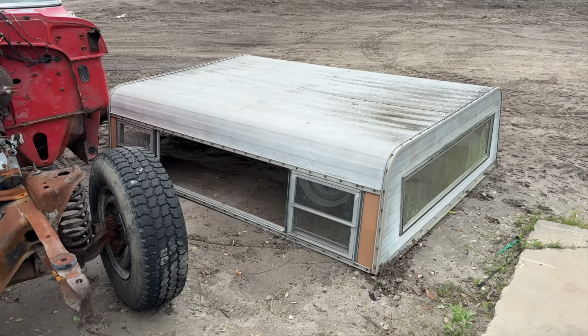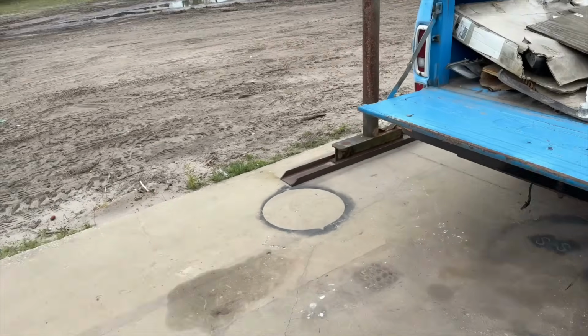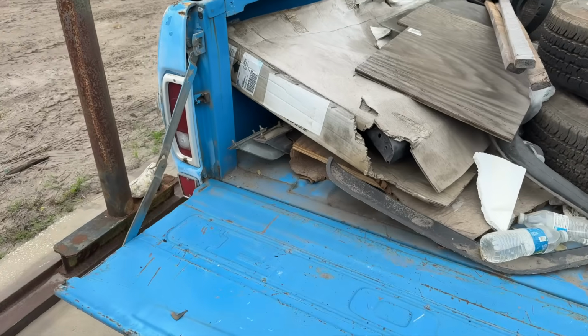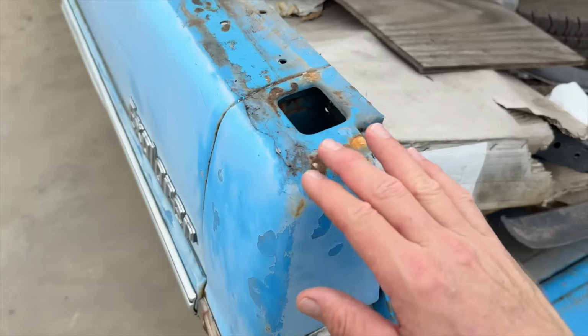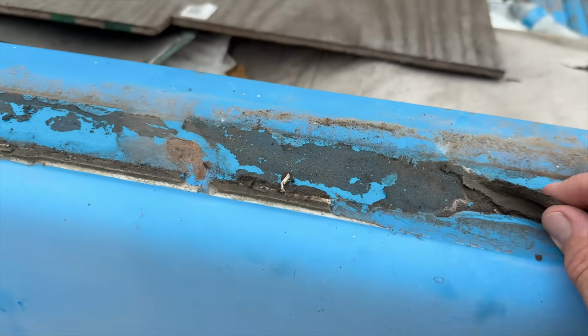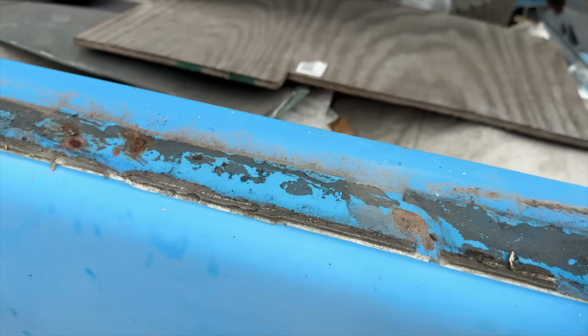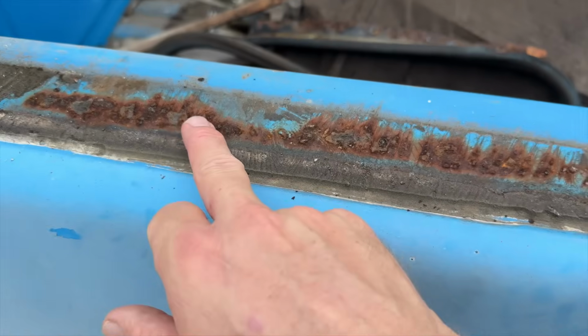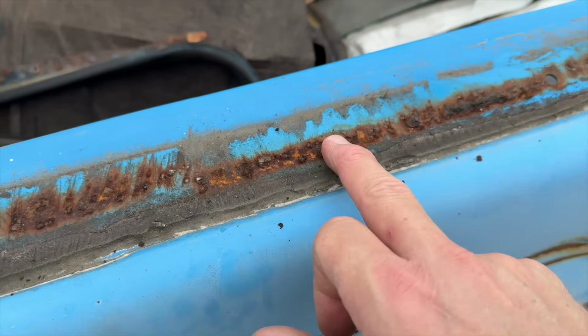All right, the top is off. I don't know how long it's been on there, but it's been a while. 20 years maybe. Who knows? But definitely long enough to cause some rust here. So